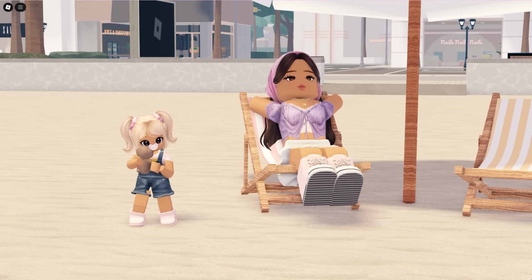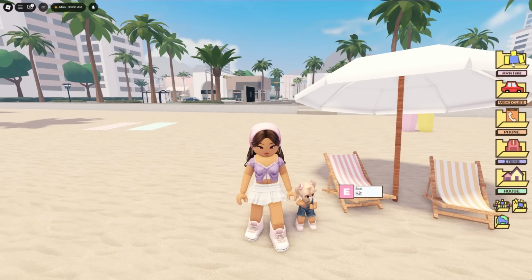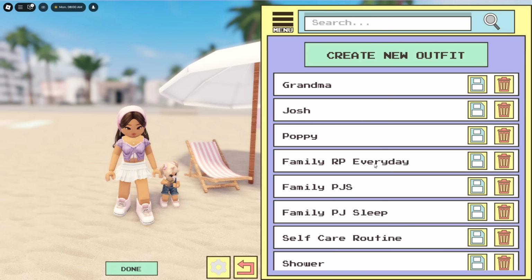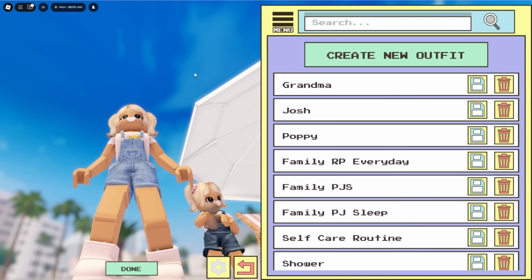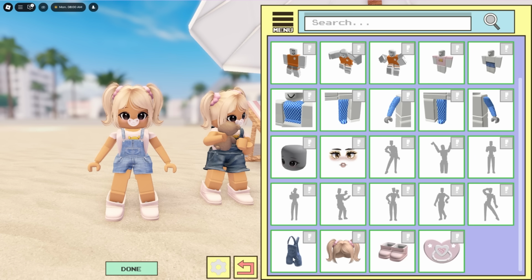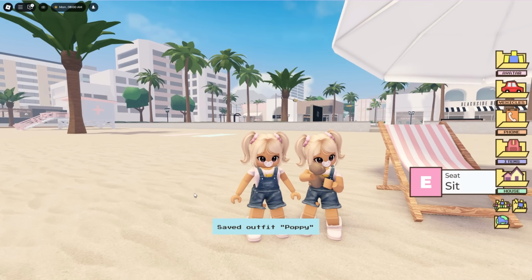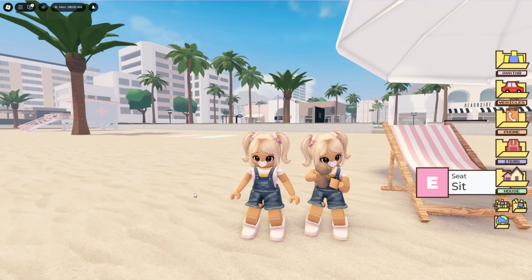Another thing that I actually do, and I'm going to show you guys now. So let me get out of Shift P. But I actually have Poppy's character saved. So if I go into my outfits, I have all of my family roleplay outfits saved. But right here, I actually have Poppy. So if I go ahead and age down, I'm actually wearing different denim shorts. Let me go ahead and put some different shorts on. Okay, there we go. Now I look exactly like Poppy, but sometimes I might just make a duplicate of myself